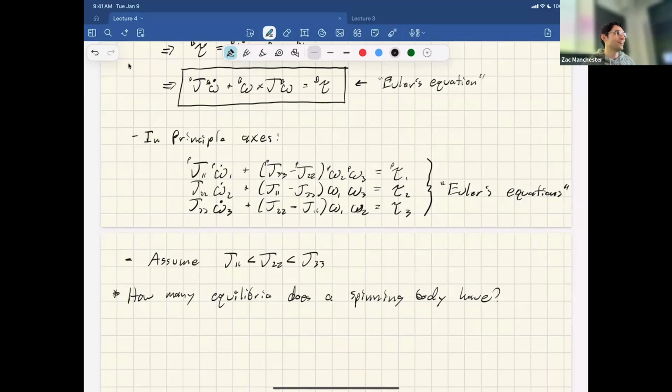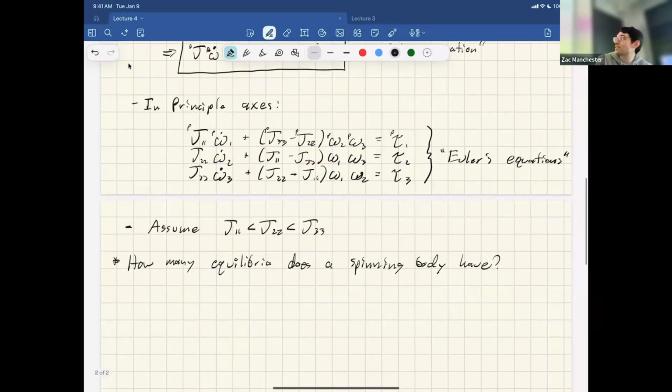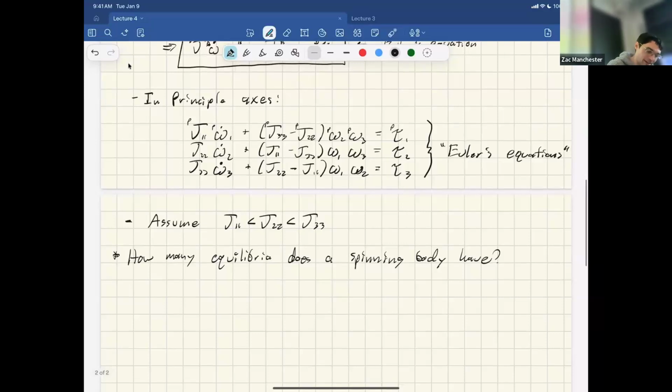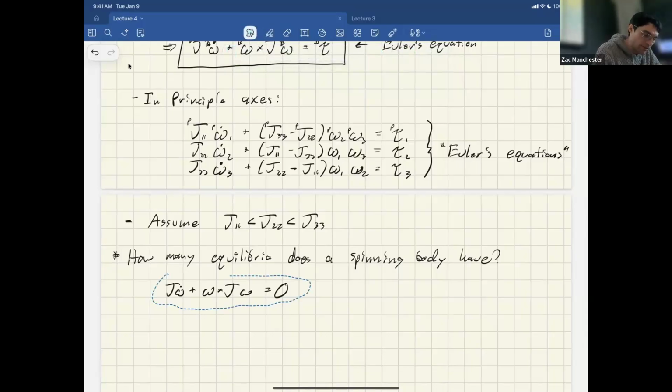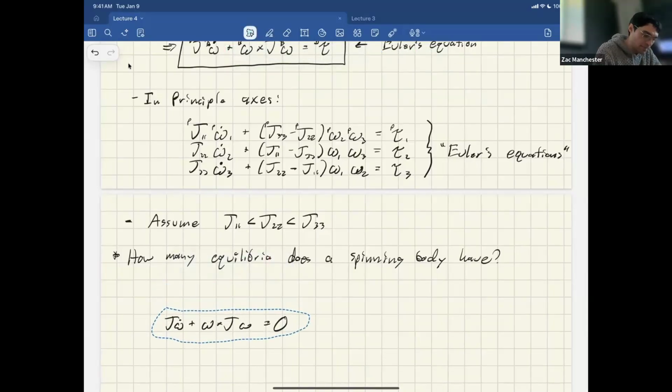Okay. All right. So there's a few ways to think about this. I'm going to show you something that's maybe slightly useful in general. So here's Euler's equation that we just found out in the unforced case, right? So this is with no external torques. You get this situation. So what I'm going to do is rewrite this. Right now we have it all written in terms of omega, which is what we'll usually be using, but